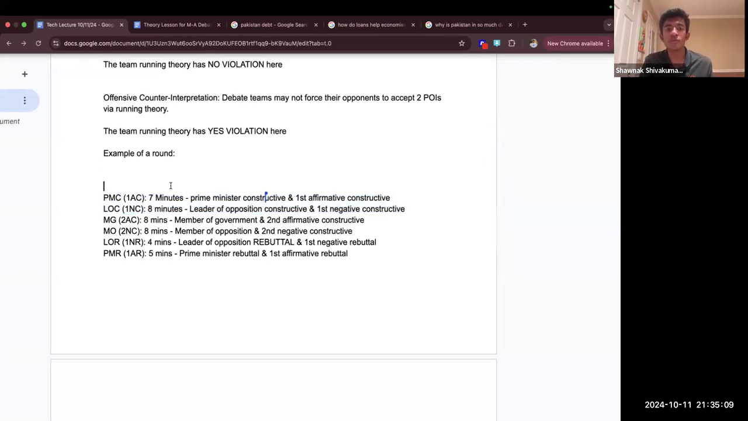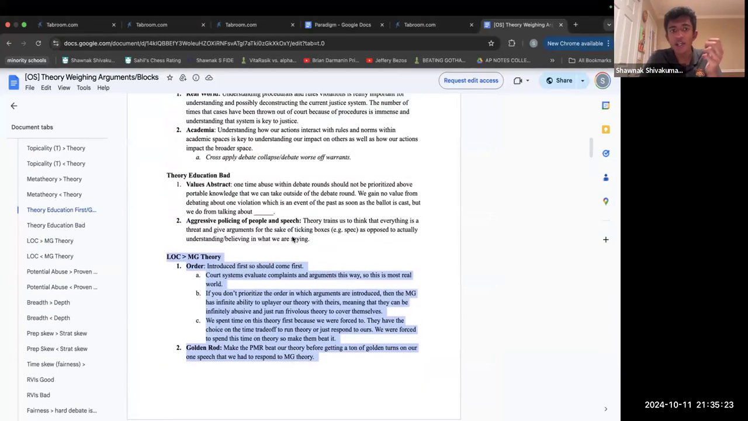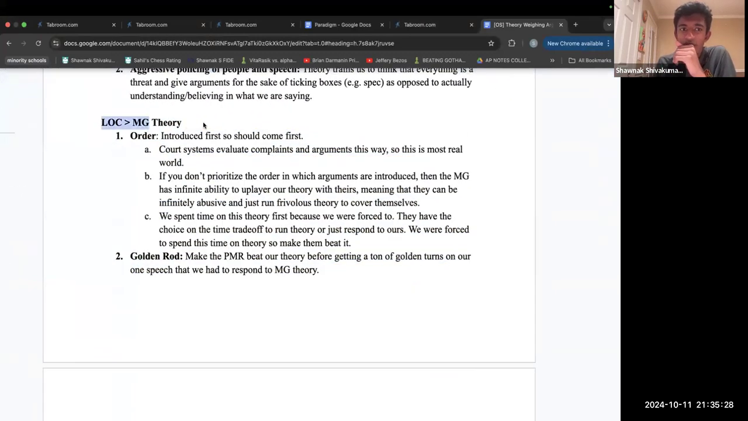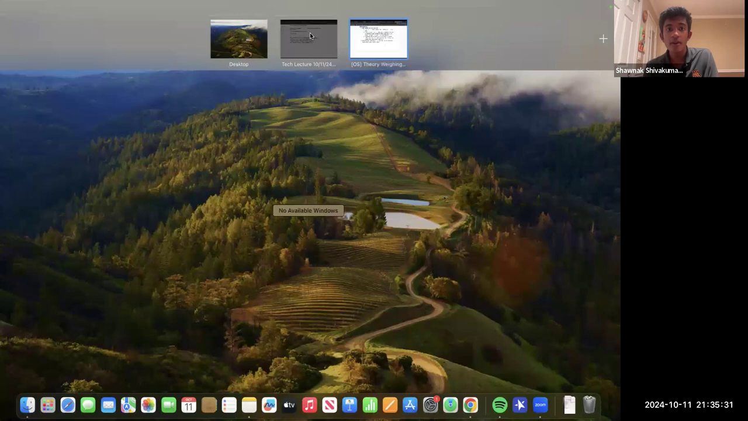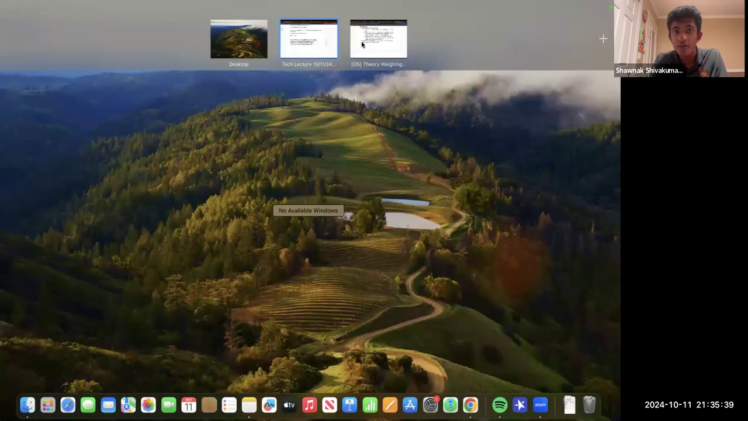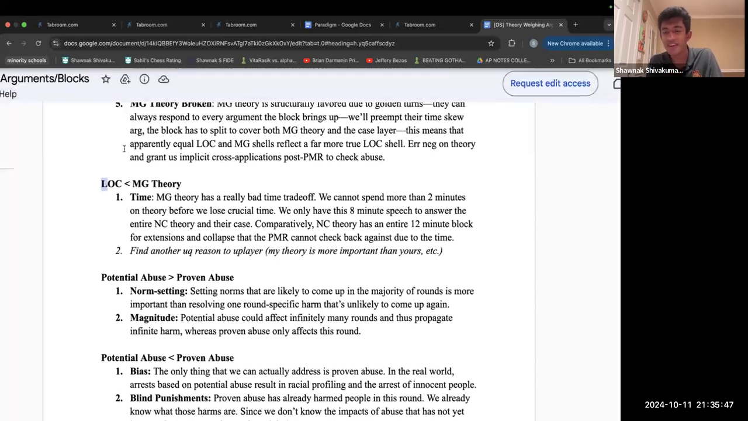When there's multiple violations, when there's multiple theory shells, how do you determine which one comes first? It's not so much which one is the correct one, but rather the one that suits you the best. Which one is going to win you the round? Usually it's the theory shell that you're running. So these are called theory weighing arguments. LOC theory over MG theory means that you consider theory run in this speech always before you consider theory run in this speech. Vice versa, there's